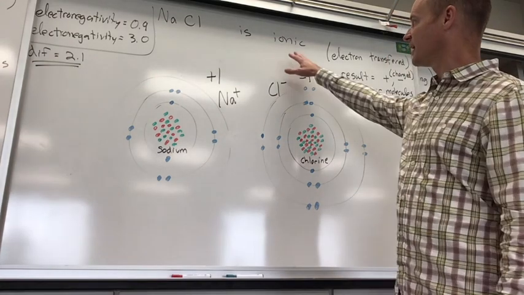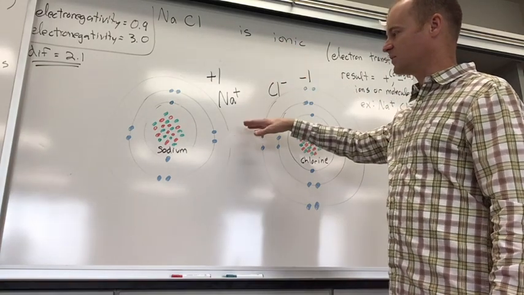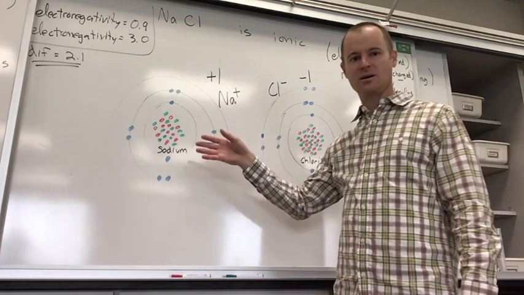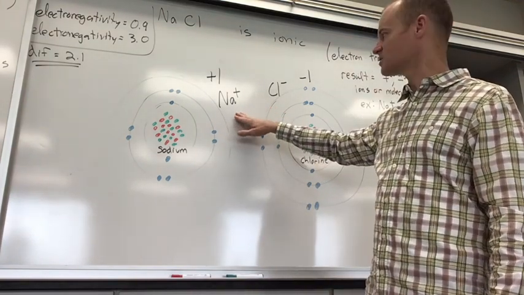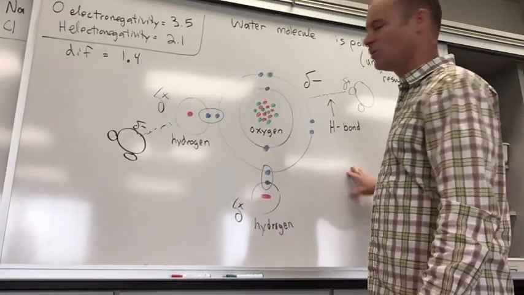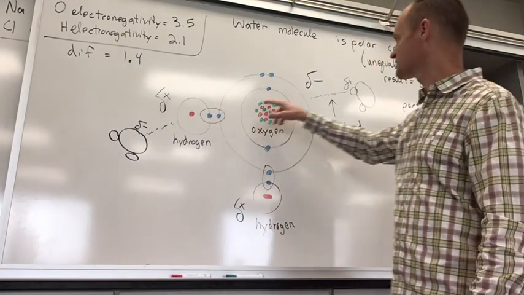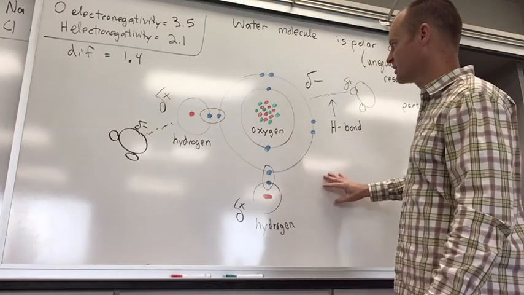All right, so ionic bond. If this salt were put in water, what would happen to it? Well, it would dissolve. Why would it dissolve? Because of the fact that it has this charge, right? So water is a polar molecule, remember? Water has these partial charges, partial positives, partial negatives. Well, what's important is that it has a charge, right? And so